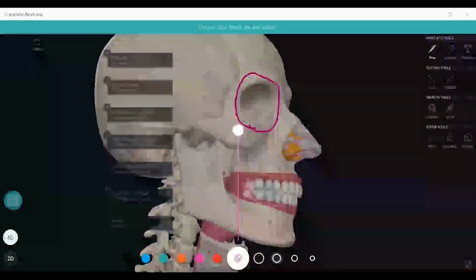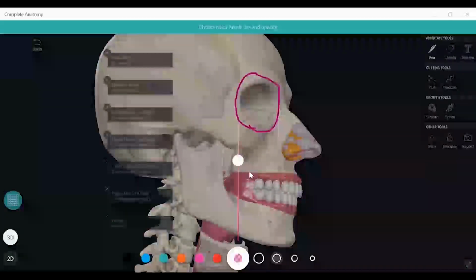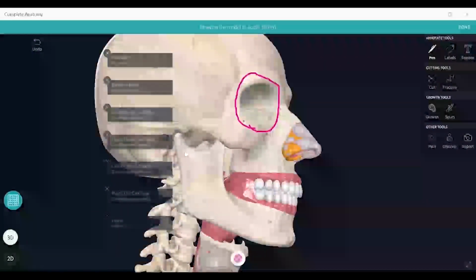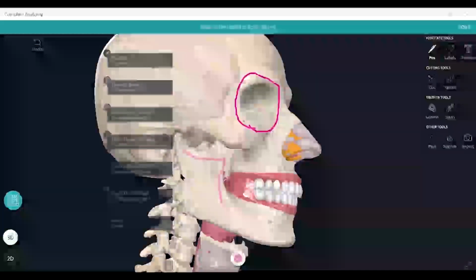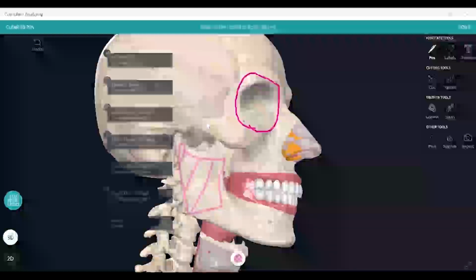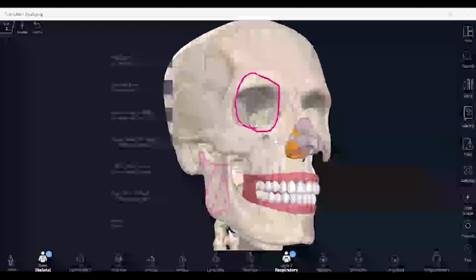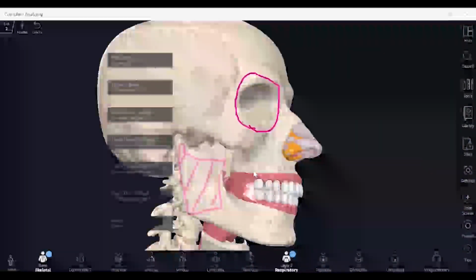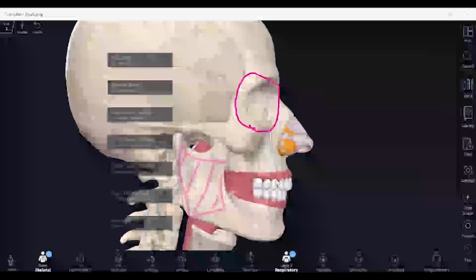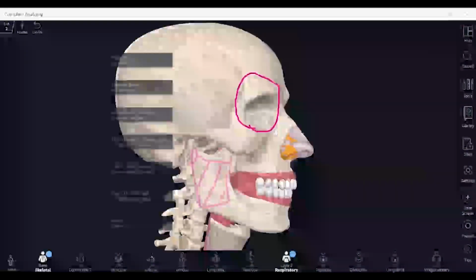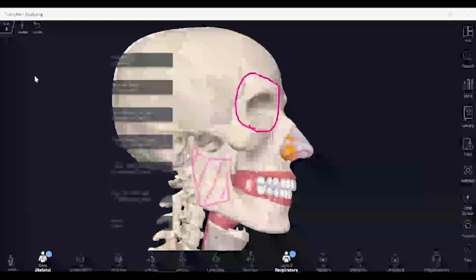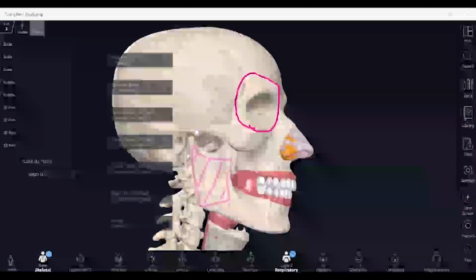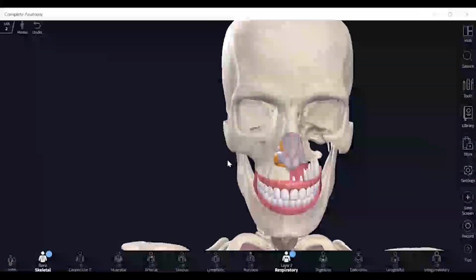And this is a 3D pen. So I can show the origin of a muscle here. The difference is, whenever I want to move this model, this 2D pen doesn't move, whereas this 3D pen moves along with the model. Now if I want to clear that, I just need to undo all, clear all tools, so all the things will disappear.